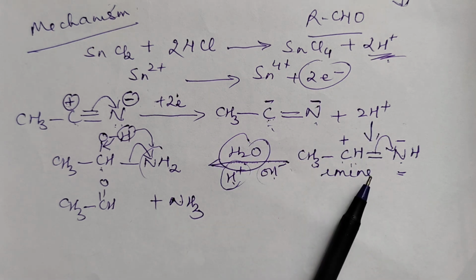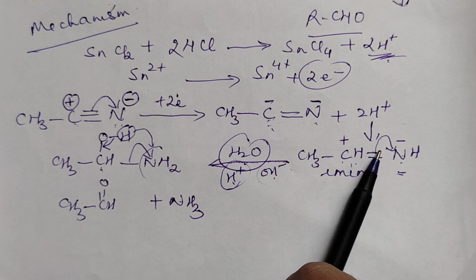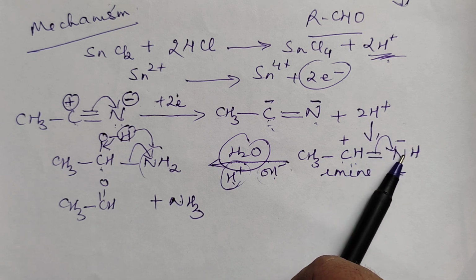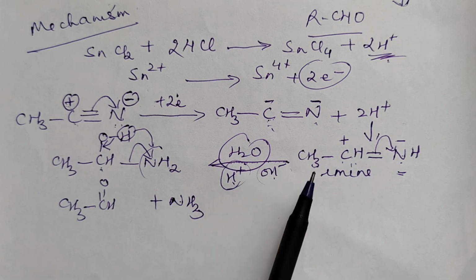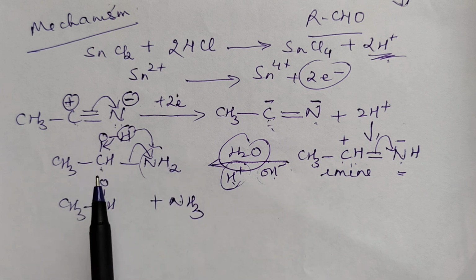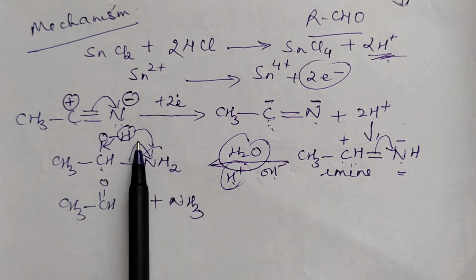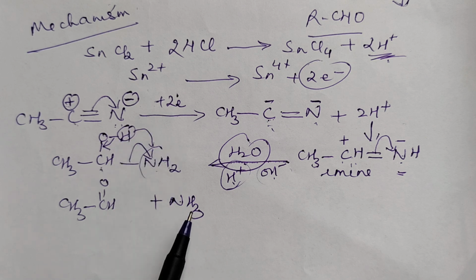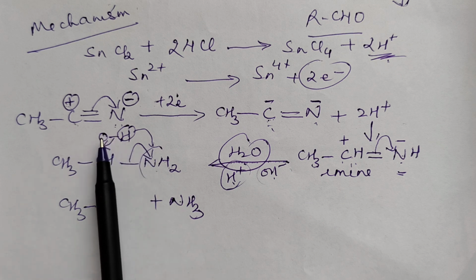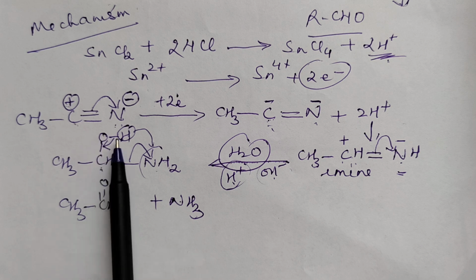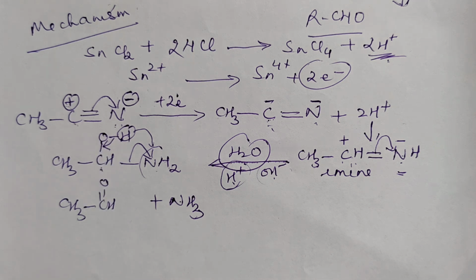So you get imine. Again this is more electronegative, it will try to pull the pi bond towards itself, this gets negative, carbon gets positive. On hydrolysis, N will get H, carbon will get OH. Again this is more electronegative, will try to pull the bond towards itself, will now get a negative charge, will pull H from here, liberate ammonia. To satisfy the valency of this carbon, the double bond is formed between carbon and oxygen by pulling this bond down. Okay, so there are some more methods left for the preparation of aldehydes we will be taking in the